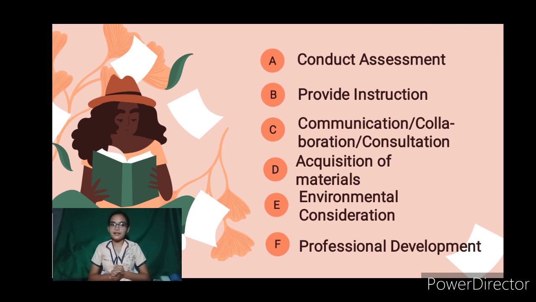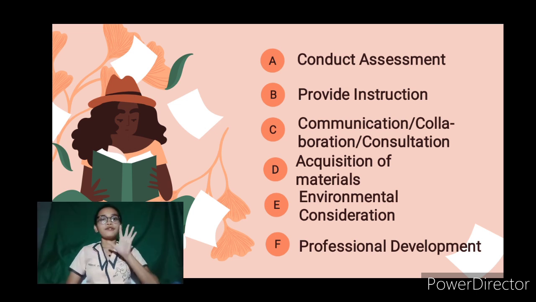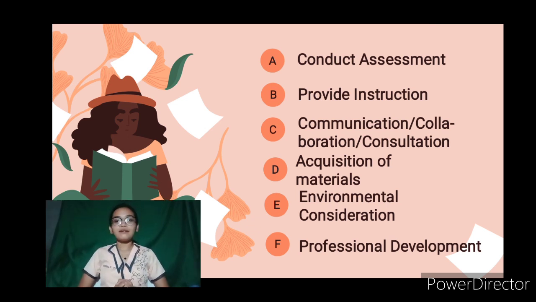So materials such as tactile maps, models, distance low vision devices, and long canes that would help them deliver their training or instructions to the students. The fifth one is the environmental consideration. So they assist the site administrator and teachers in making appropriate accommodations for the student in all school-related environment. And lastly, the professional